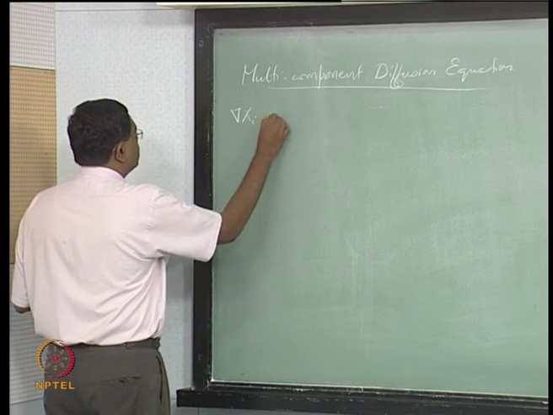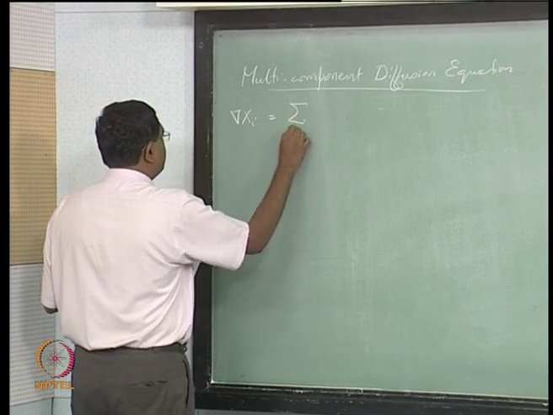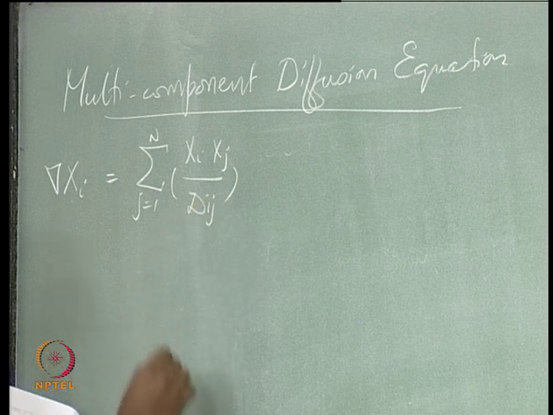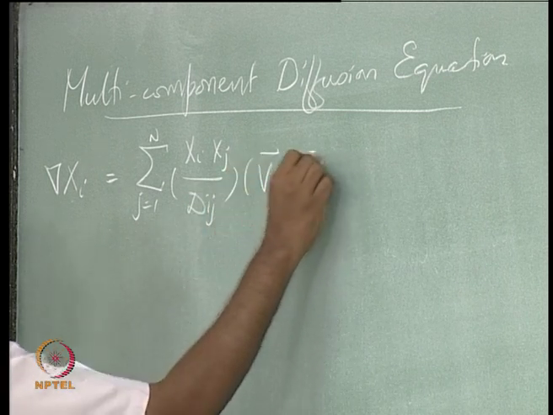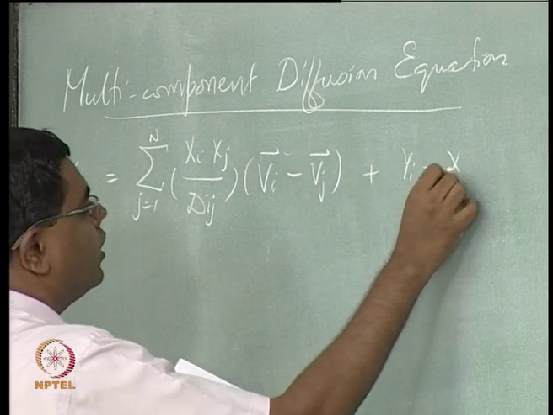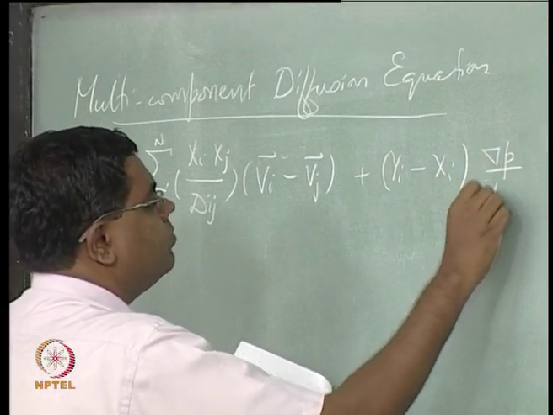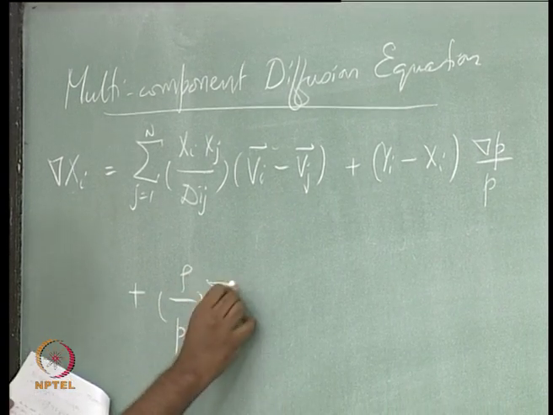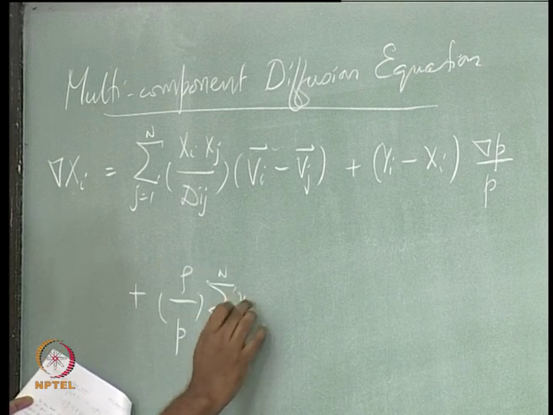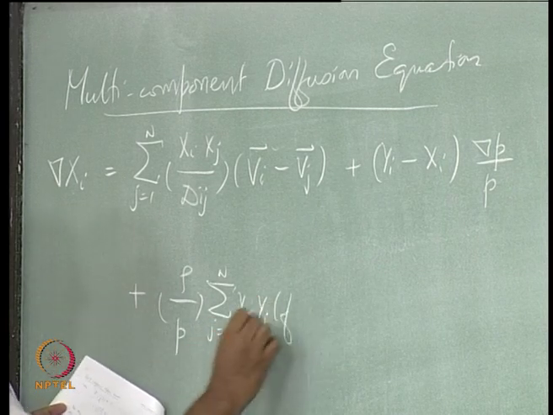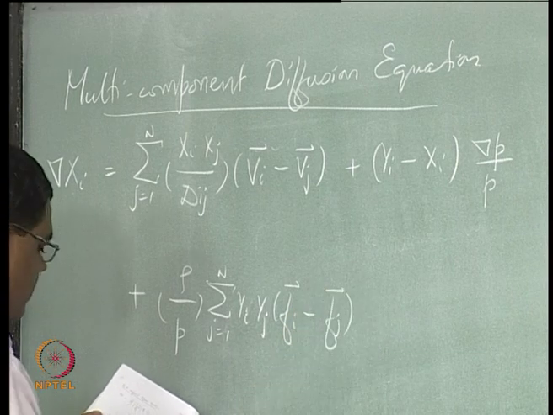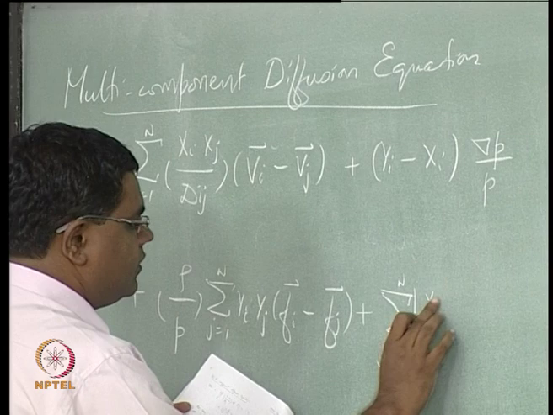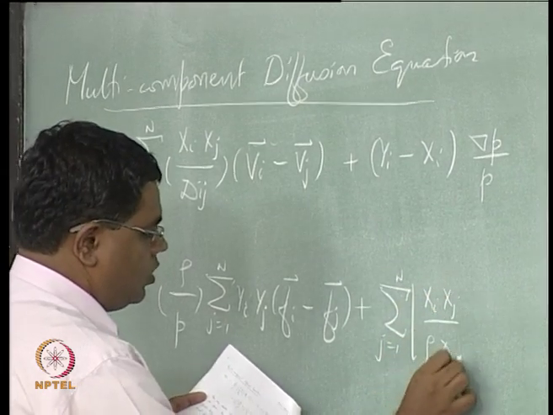It's going to go like gradient xi equal to sigma j equals 1 to n, xi xj divided by Dij, times vi vector minus vj vector, plus yi minus xi, divided by gradient p divided by p, plus rho over p, sigma j equals 1 to n, yi yj times fi vector minus fj vector, plus sigma j equals 1 to n, xi xj divided by rho Dij